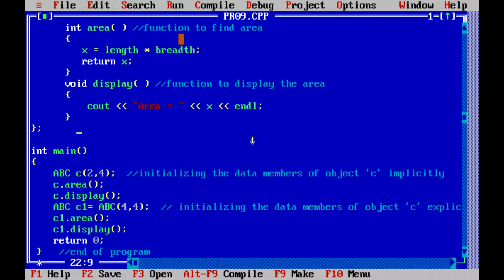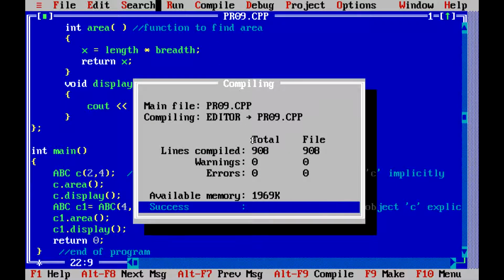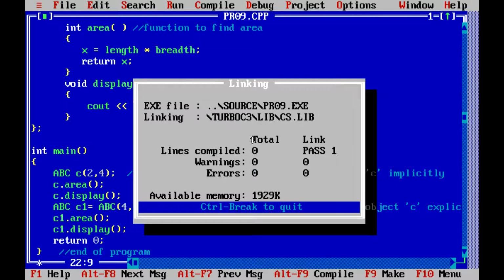So this is a simple program to demonstrate the use of a constructor. We compile the program. Errors are 0, so we run the program.